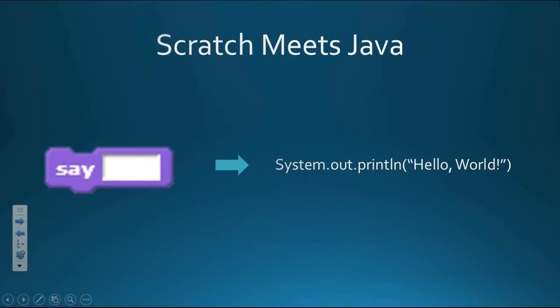Now why do I have to go System.out.println? I can't just say println. This will become clear a little bit further in the course, but for now, just take my word for it that this entire thing is a specific function which does one thing. It prints something to the screen, and that's a statement. Java also has